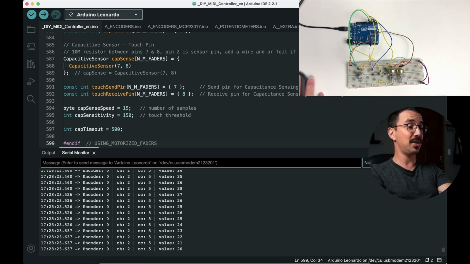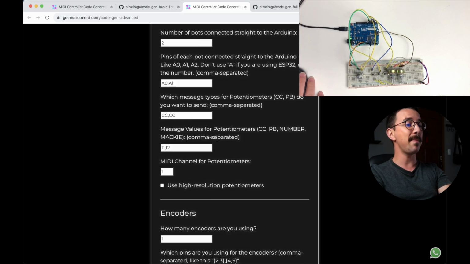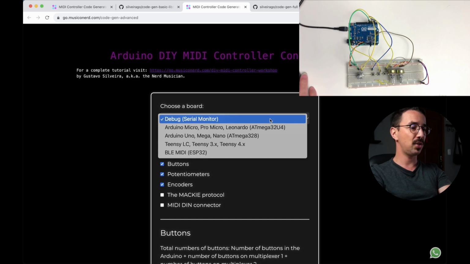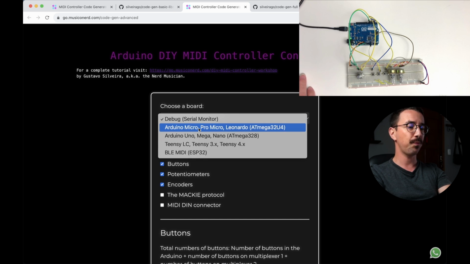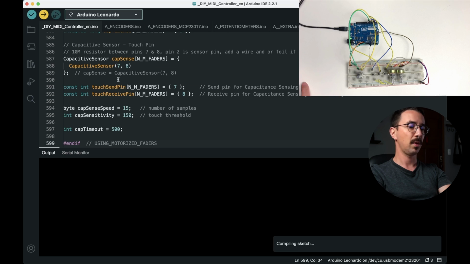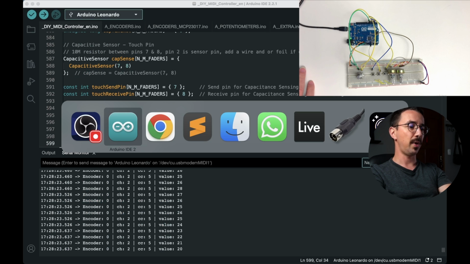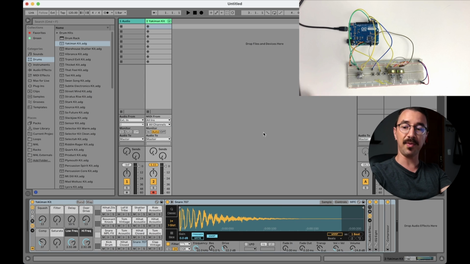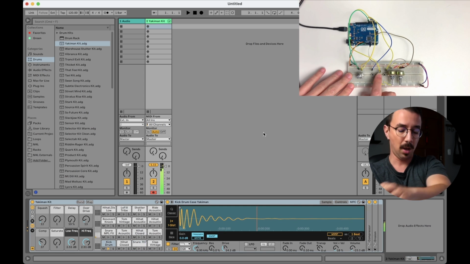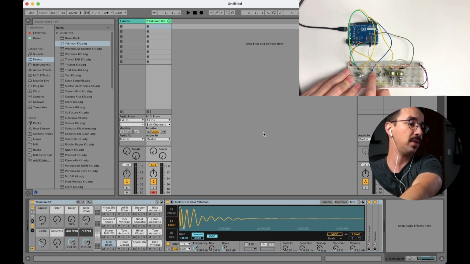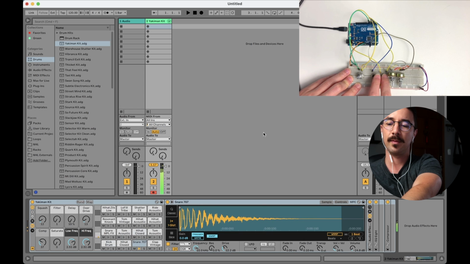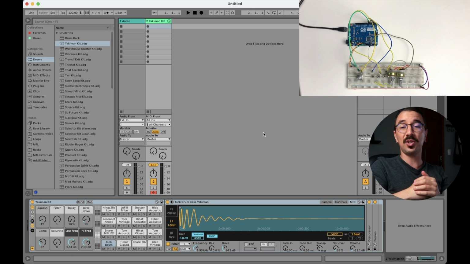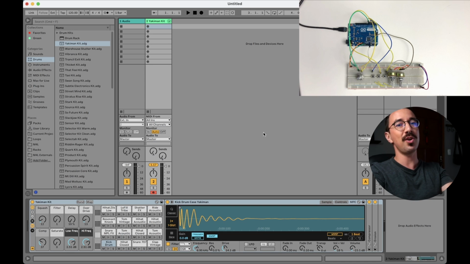Now, the last thing, as you can imagine, is making it into a MIDI class compliant device. So let's change here to Arduino Micro, submit, copy, let's upload. Let's go to Ableton. So we should have the sounds we had before. We have the same drums, but now we have different sounds. So because I changed the notes there, now I'm playing different notes here in my drum rack. And now you have your fully working DIY MIDI controller.